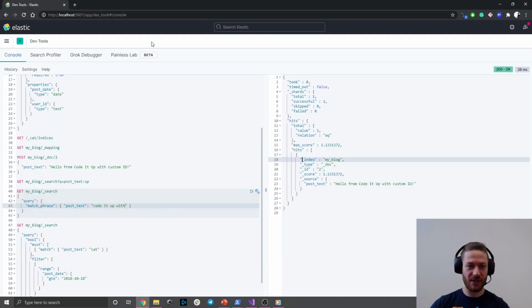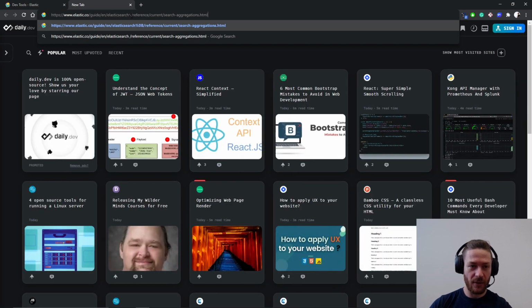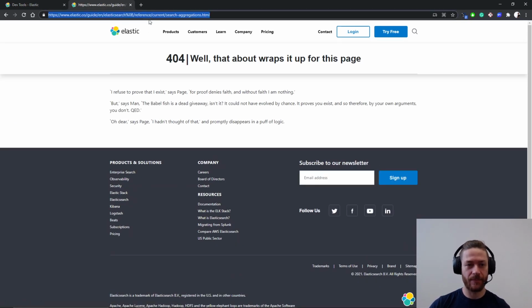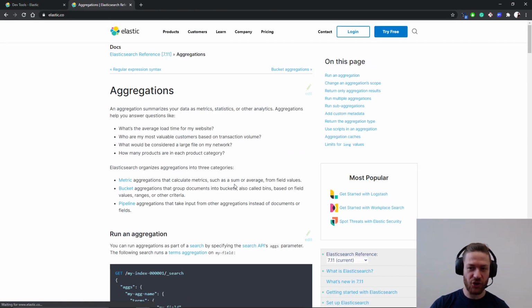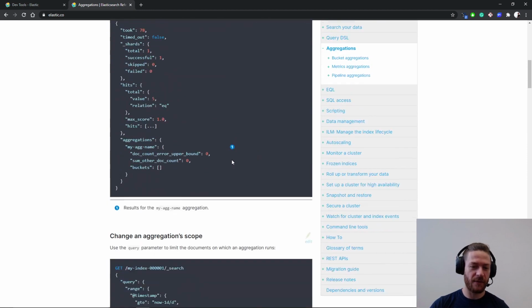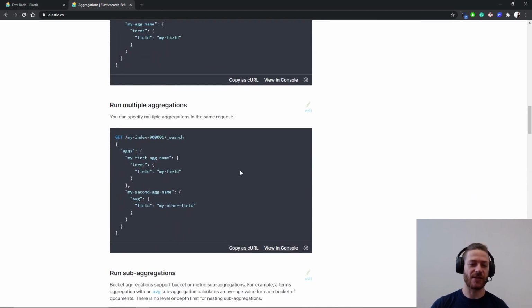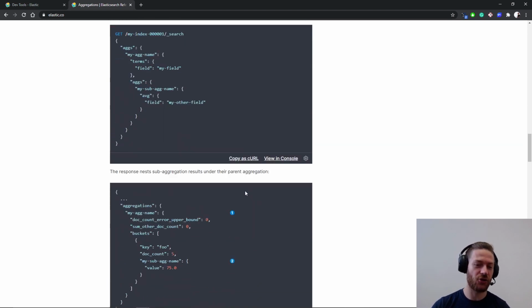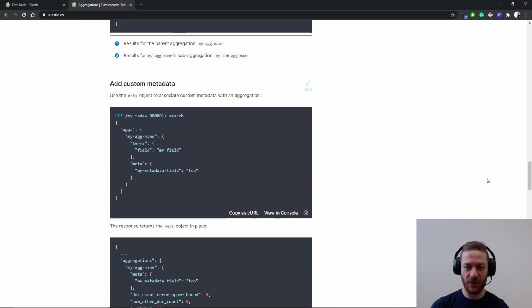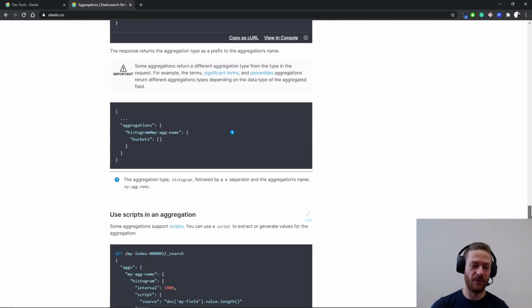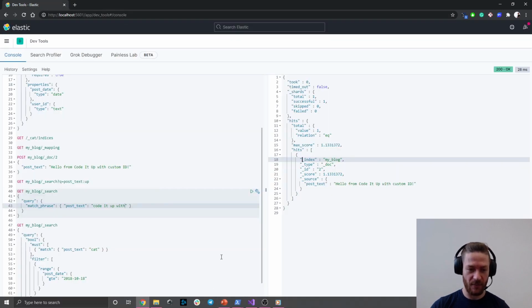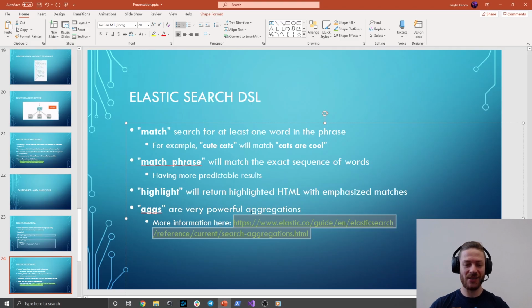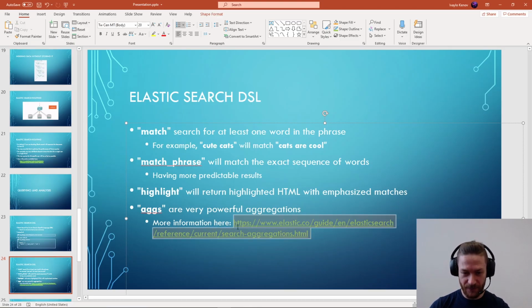These aggregations allow you to do different things. For example, give me the average result, the maximum result, search by range. You have a lot of different operations you can do. I'm going to show you, for example, the range operator, but in a minute. So with aggregations, you can easily find